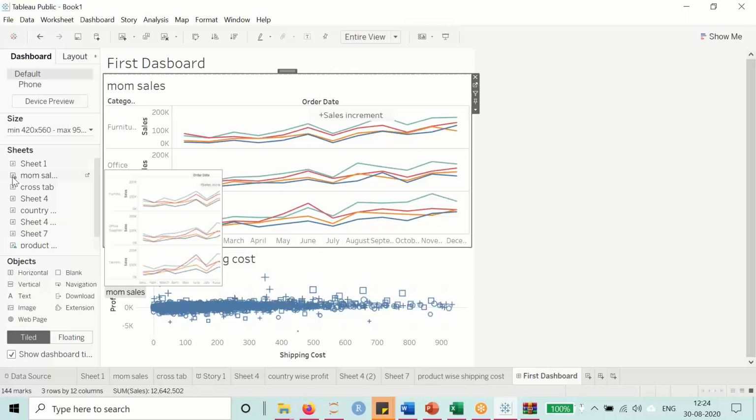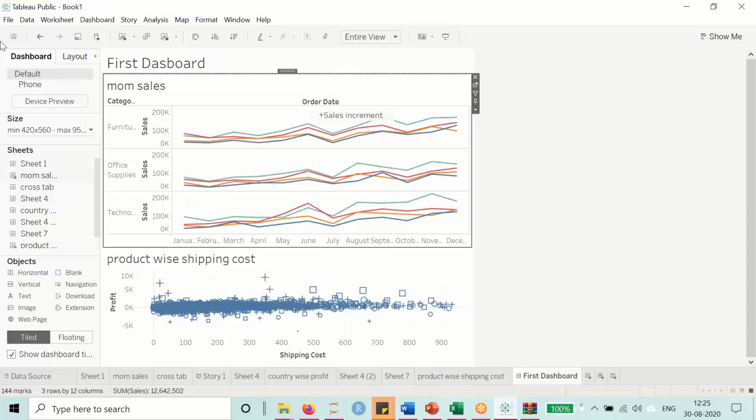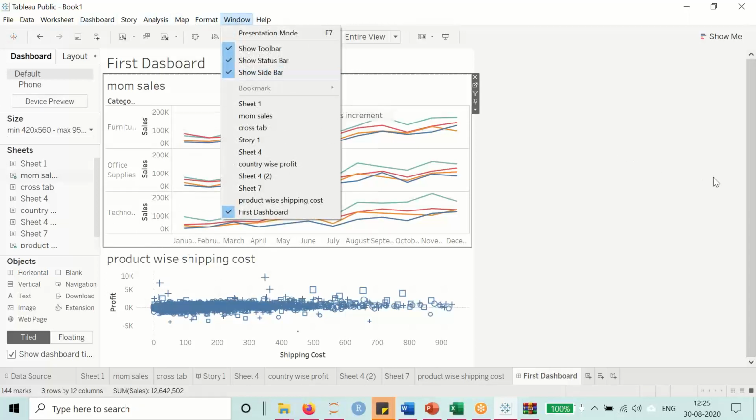And what is the meaning of publish? That you are putting this dashboard on the Tableau server website. To publish this, you have a server option in